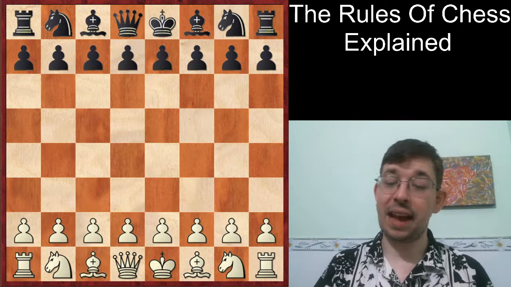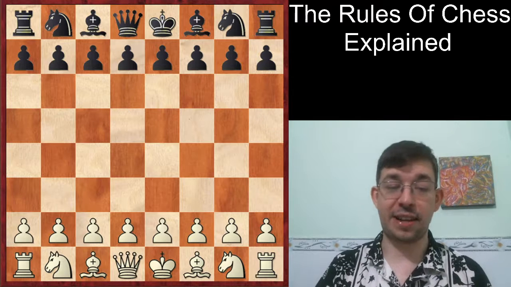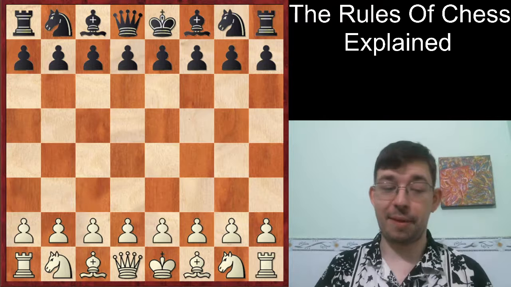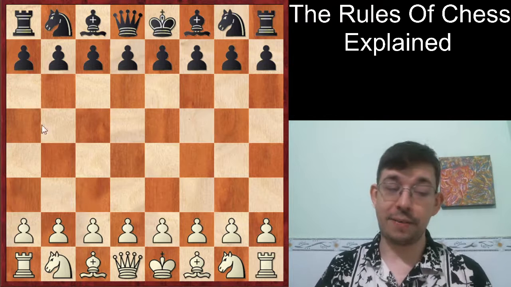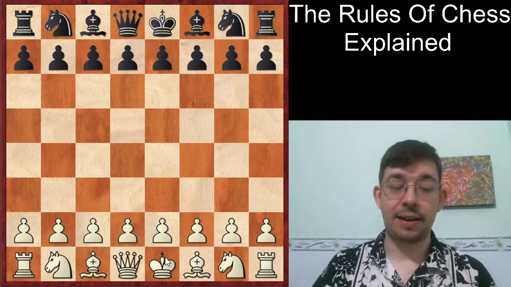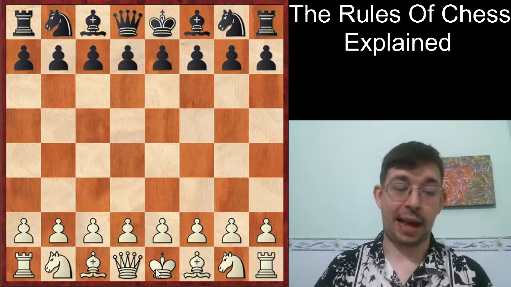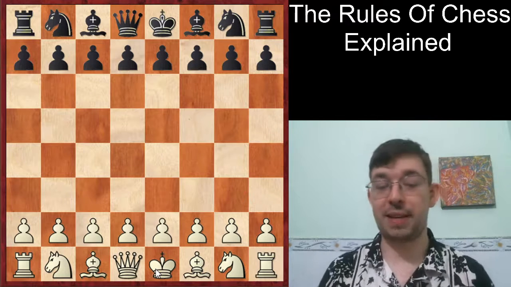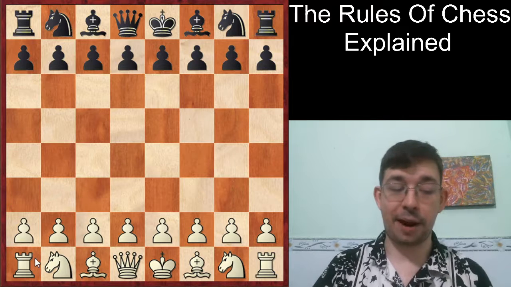So now that we've covered that, let's see what the starting position is for chess. I'm just going to take a moment to make sure that we have everything covered. This is just to show you the starting position. Now, if you're playing with actual physical chess pieces, there's a very easy way to remember this order